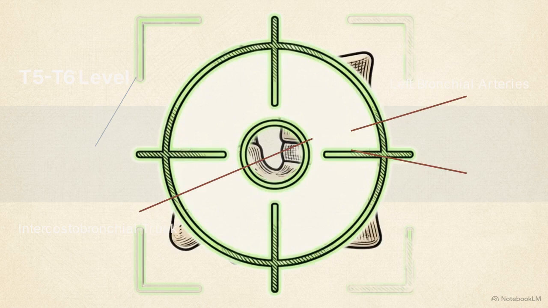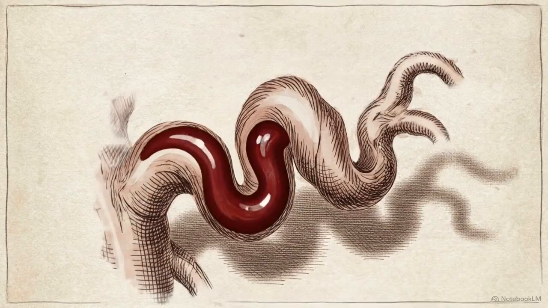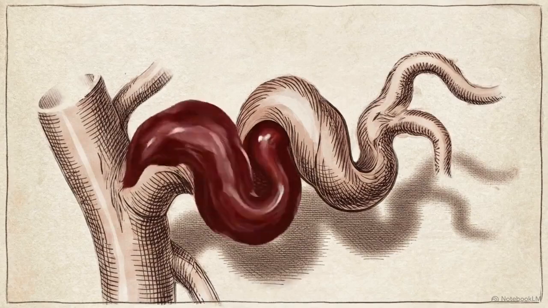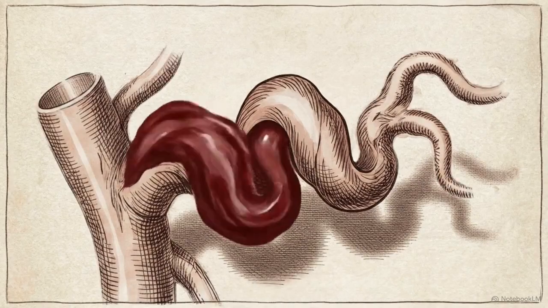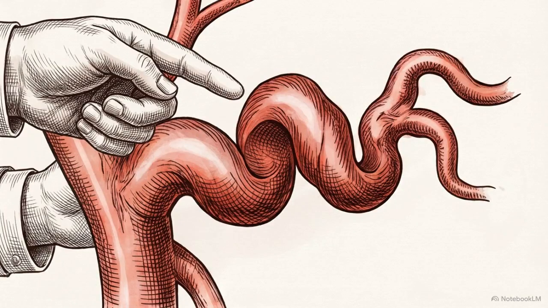arteries on the left. Because the bleeding is hidden, the operator must identify a morphological change in these targeted branches. Severe vessel enlargement and high tortuosity, a spiraling, twisted appearance, serve as the definitive proxies for active bronchial hemorrhage. Procedural success depends on recognizing this pattern of tortuosity at the T5-T6 level, rather than waiting for an active arterial